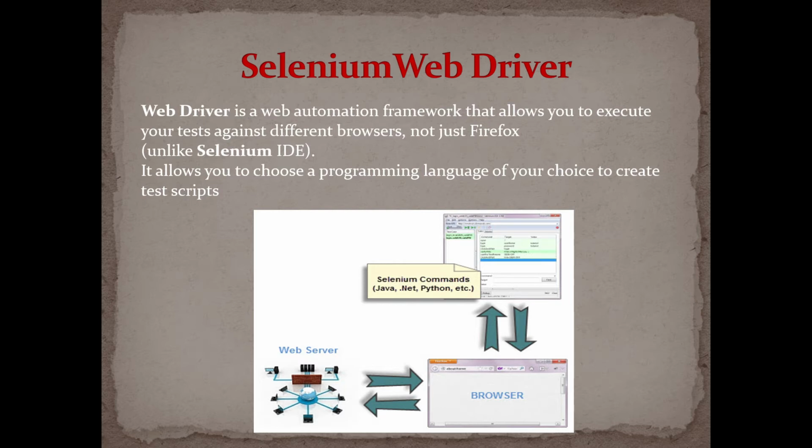Now we'll understand how Selenium works. So this is the architecture of Selenium WebDriver. Let's say I want to click on a particular element on my website. For that, I will write code in my Eclipse IDE or any editor. That editor, with the help of the driver, will interact with the browser, because websites open on what? Browsers. So it will interact with the browser. This browser will interact with the website which is there on the web server. After the connection request, the web server will respond back to the browser, and the browser will provide you the output in the console section. So this is how the architecture of Selenium WebDriver works.